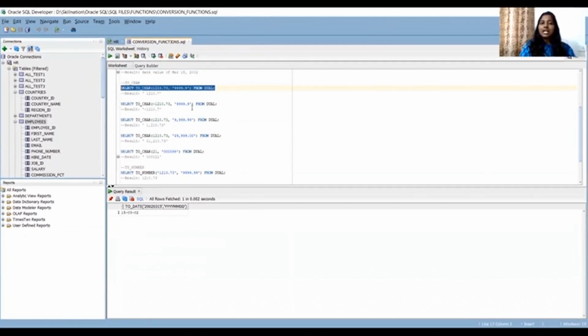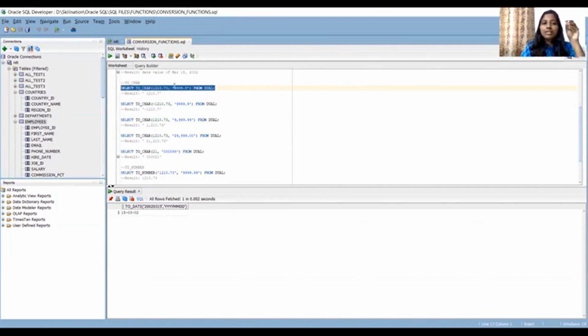So again, as it is, whatever we tried above, we are doing the same in the to_char functionality. Select to_char 1210.73. It is a number value. Now I'm trying to convert it to a string, meaning a character value.